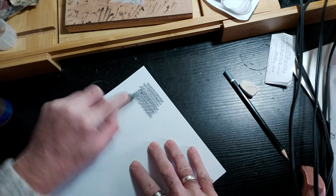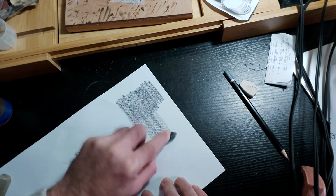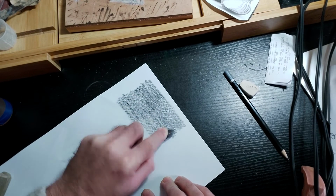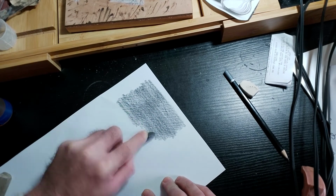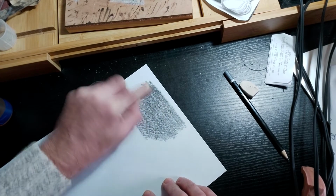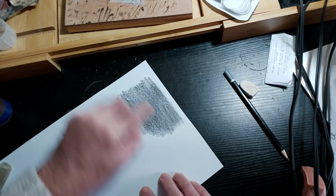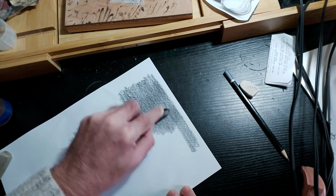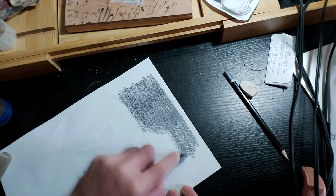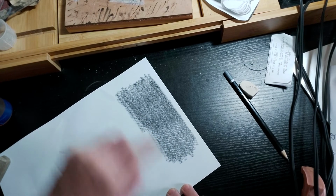But basically what we do, as you can see, is we just scribble over and over and over on this piece of paper. It might take us 15-20 minutes to really layer the piece of paper up with enough graphite to be able to be used as a piece of transfer paper. So as we go, you see, we just keep going over and over. It's a laborious task, but this piece of graphite transfer paper will be able to be used for many months,